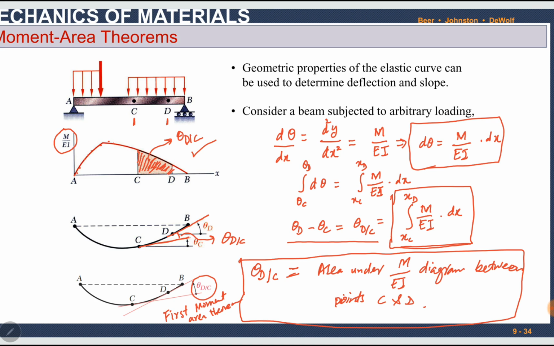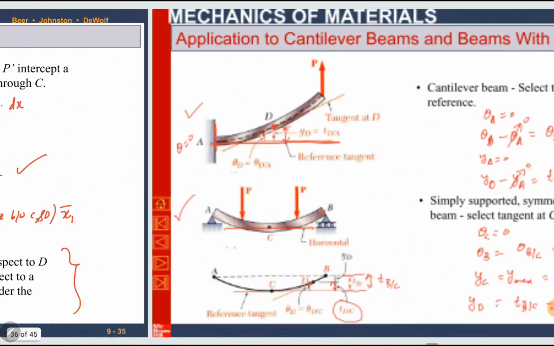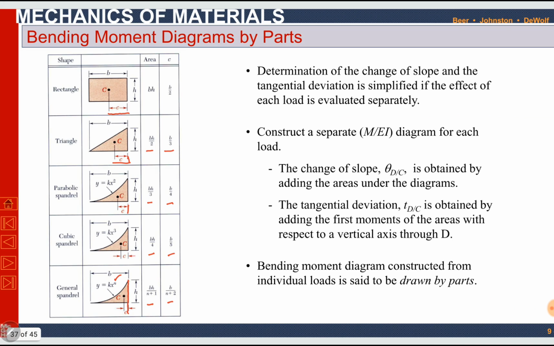We can use the method of superposition. I will do one of that here. For example, if we have a beam with a distributed load and a concentrated load, P and W,